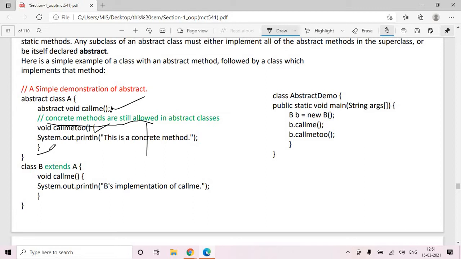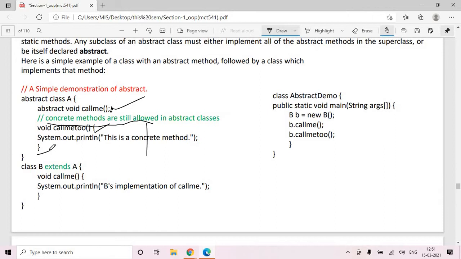If in a class we have one or more abstract functions, then that class is an abstract class, and we cannot create an object of that abstract class.